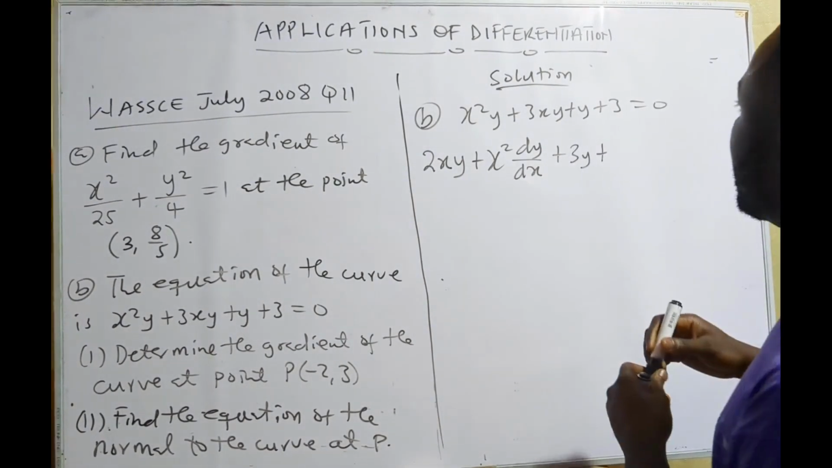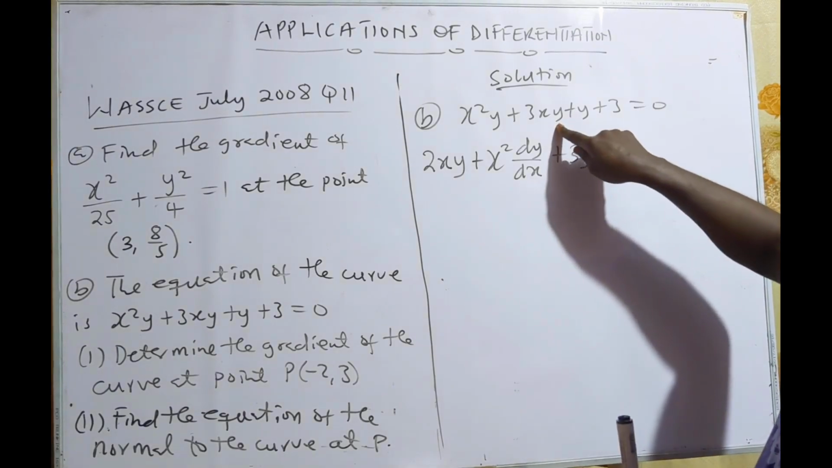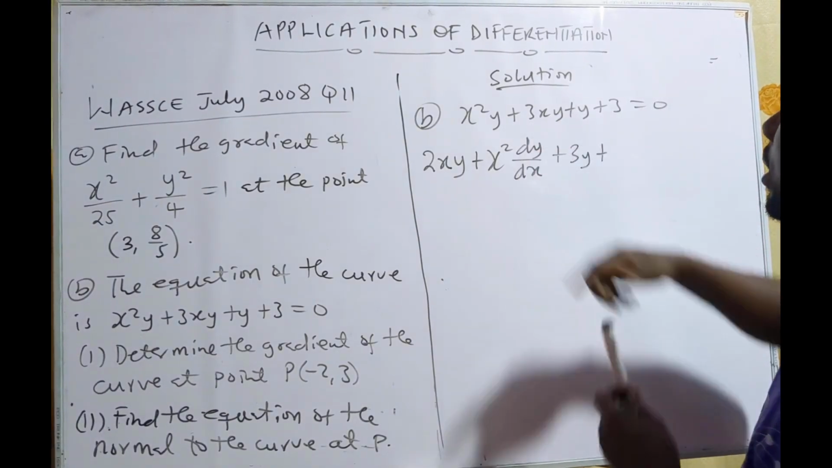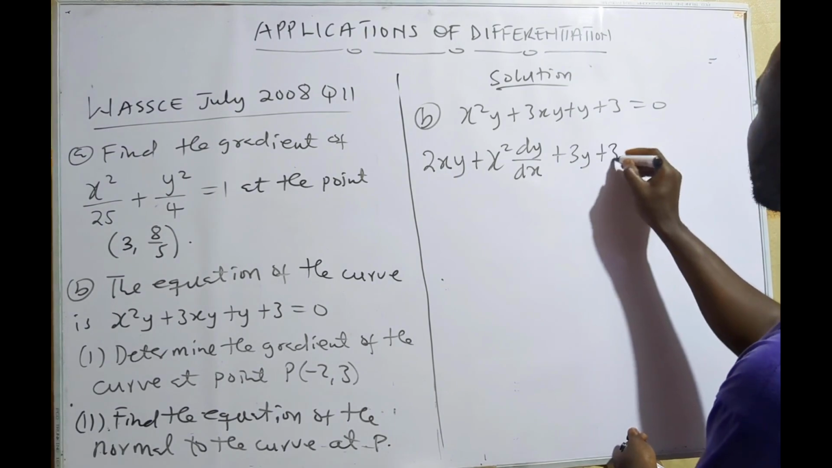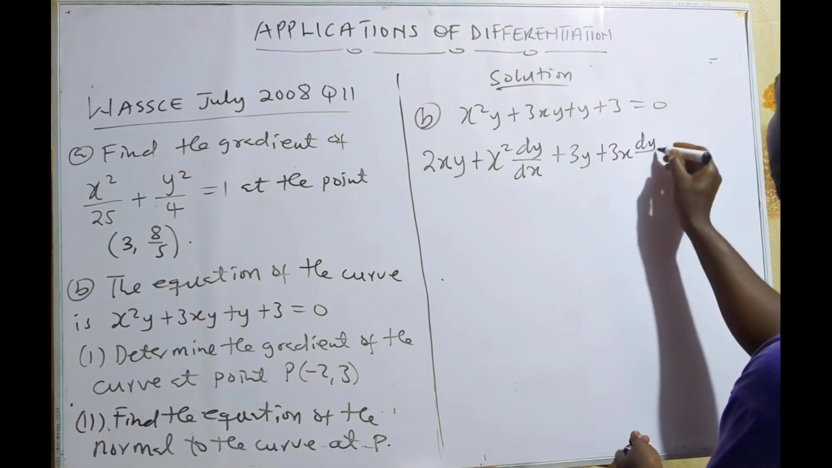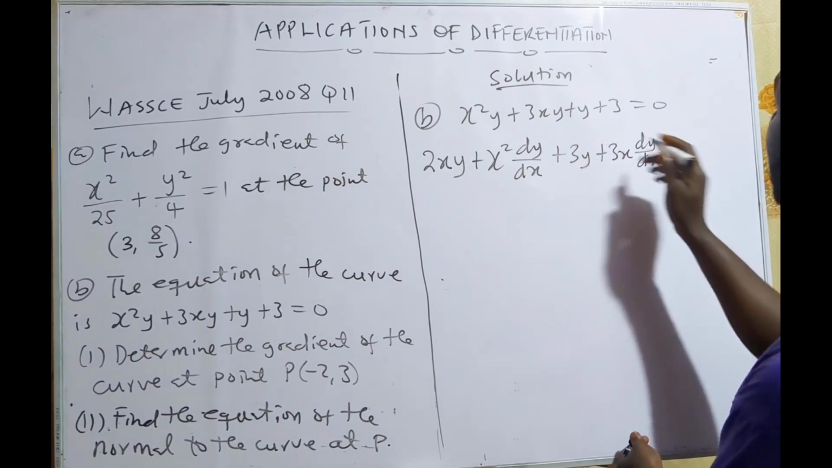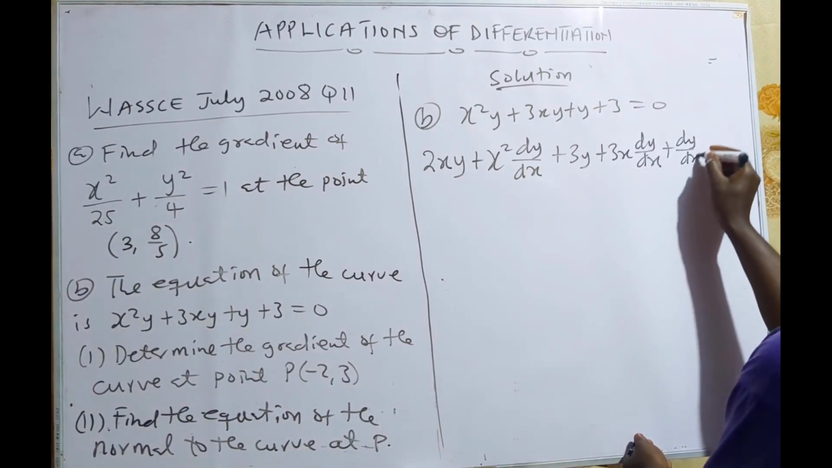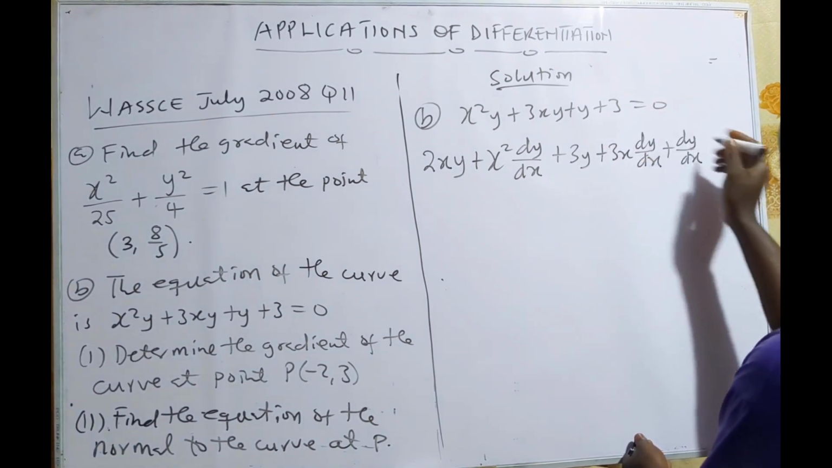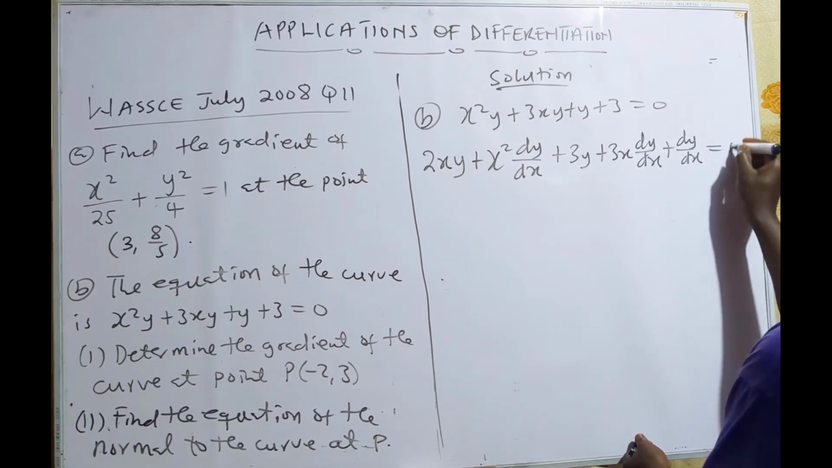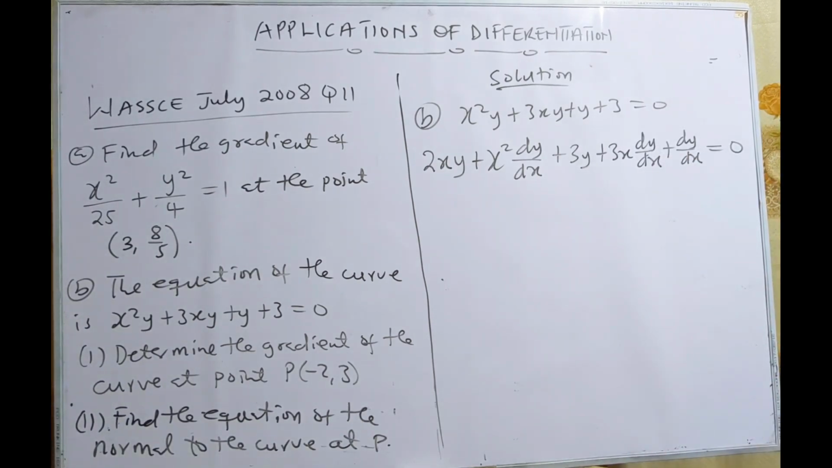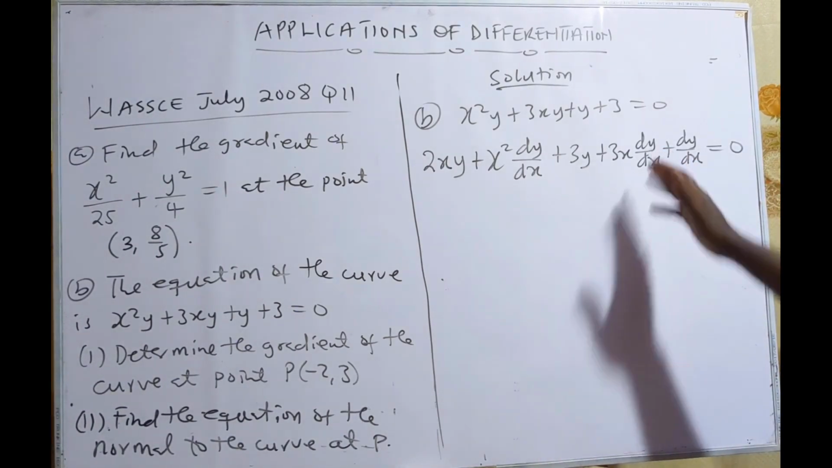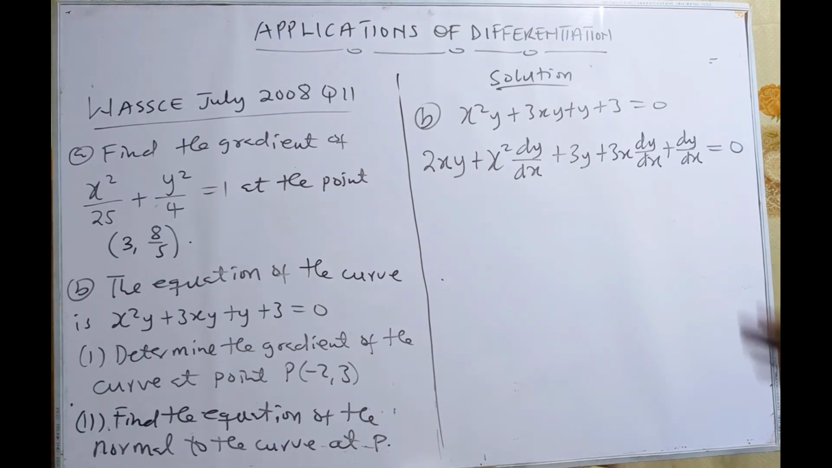Plus, then I differentiate y, that is dy on the x, and I multiply by 3x. So that will be 3x dy on the x. Then plus, I differentiate y, dy on the x. Then I differentiate 3, that will be 0, equal to 0. Okay, so this is what I'm going to have here. Alright, so what I'm going to do is to make dy